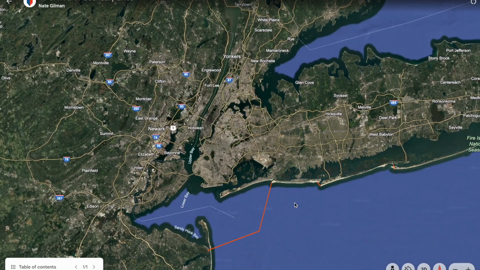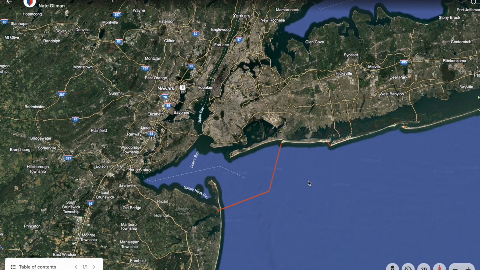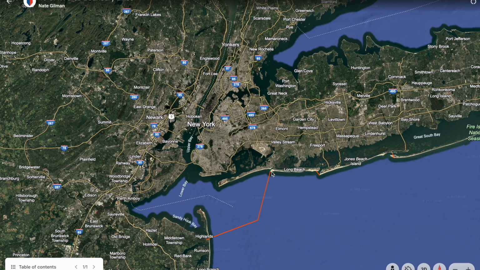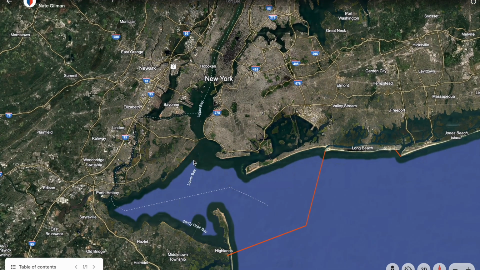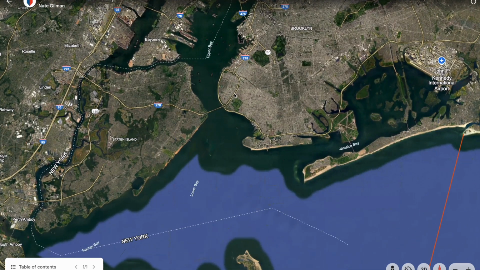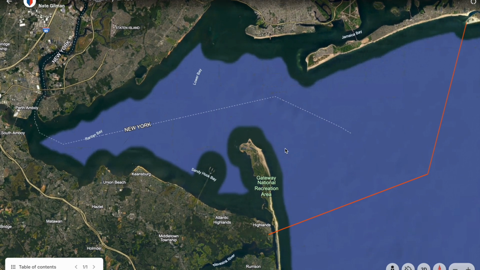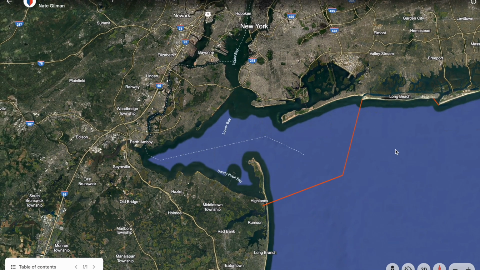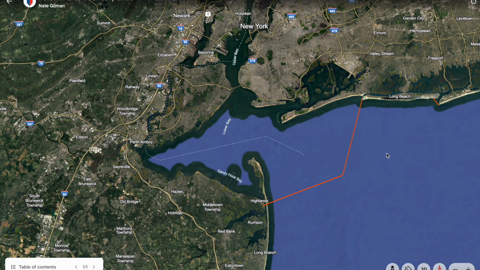And then as we're getting to the entrance of New York, New Jersey, we can see that basically from the tip coming out is pretty far for the lower bay of Manhattan. The upper bay is all still inland, all inland here. So all the ferries that are running back and forth, you only need an inland license. You don't need near coastal. And it's only if you're working off here that you'll need a near coastal endorsement.